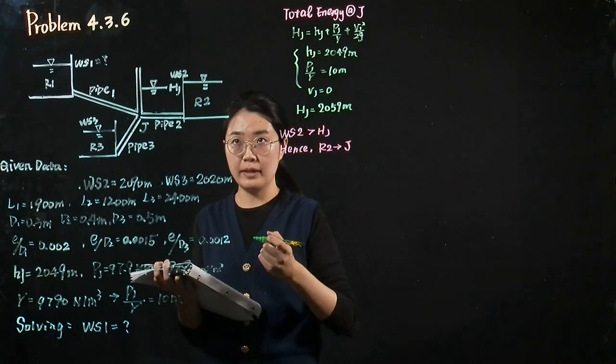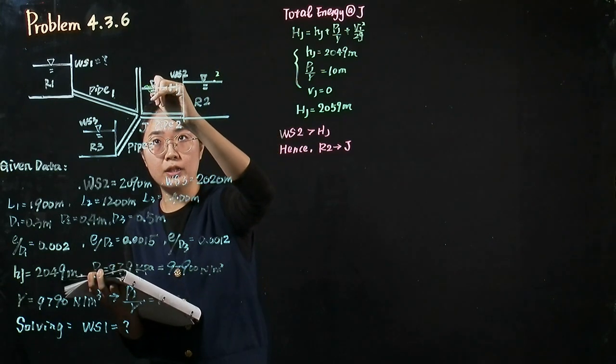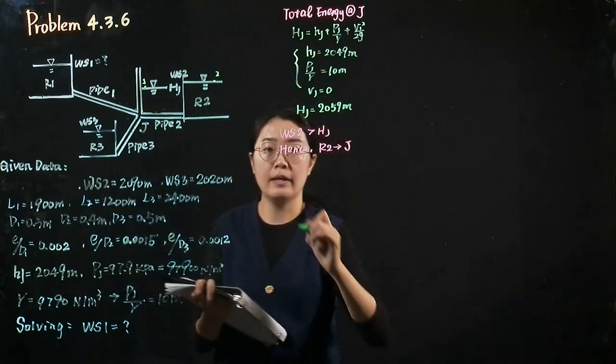We choose one point at the water surface in reservoir 2 to write down the energy equation. Then we can get